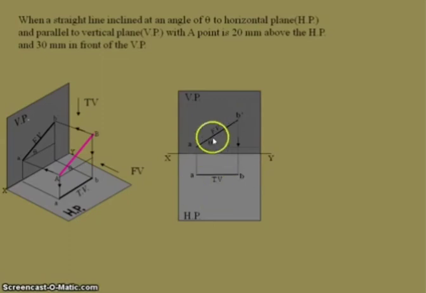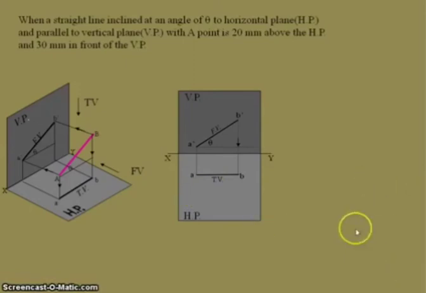Okay, this is the top view and front view. In front view we can see the true length, and in top view we can see only the reduced length. So this is the appearance. Next we discuss how we have to draw, from which point we need to start for getting the orthographic views, front view and top view.